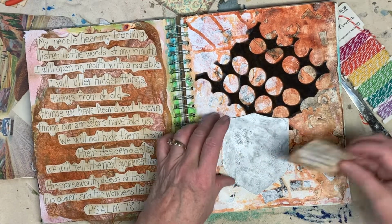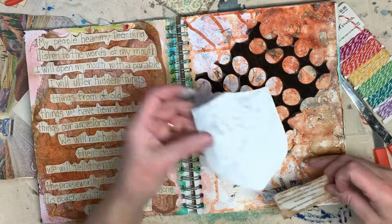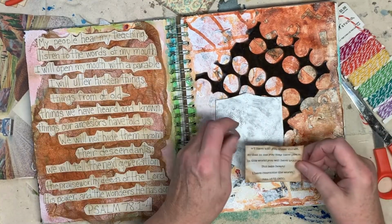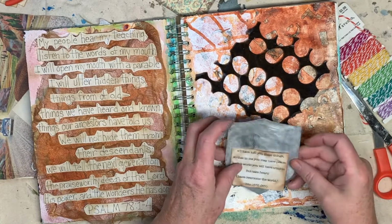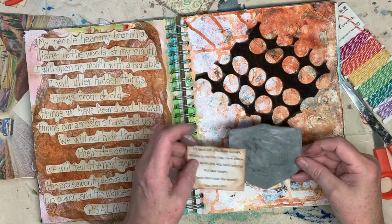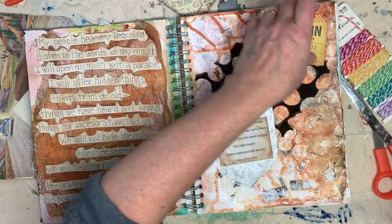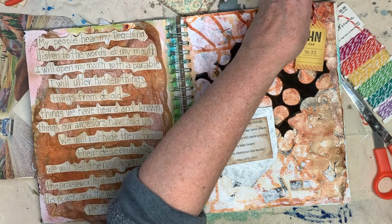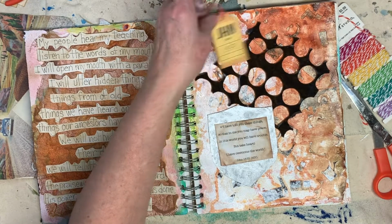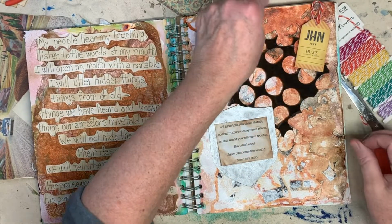And now the question is, how do I glue this to this? I don't know if this isn't dry for one thing. I think I might let this cure or dry or whatever the stuff does before I try to, yeah, see that's still wet. And it does look kind of good on that orange. Yeah, that way it's not all on this side. Okay, so